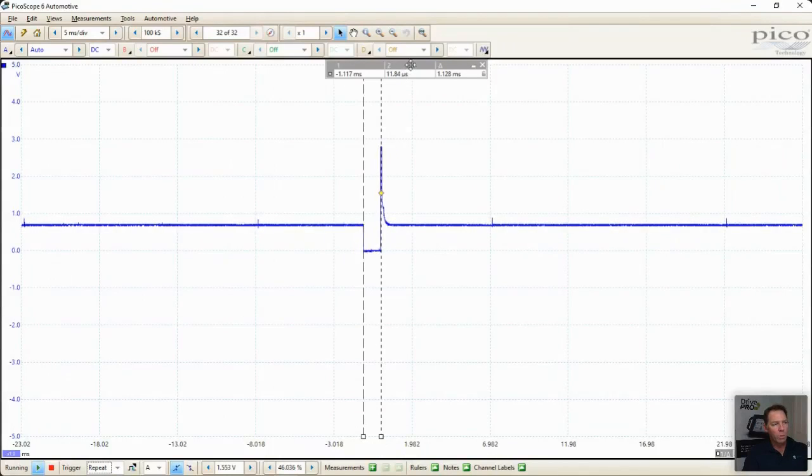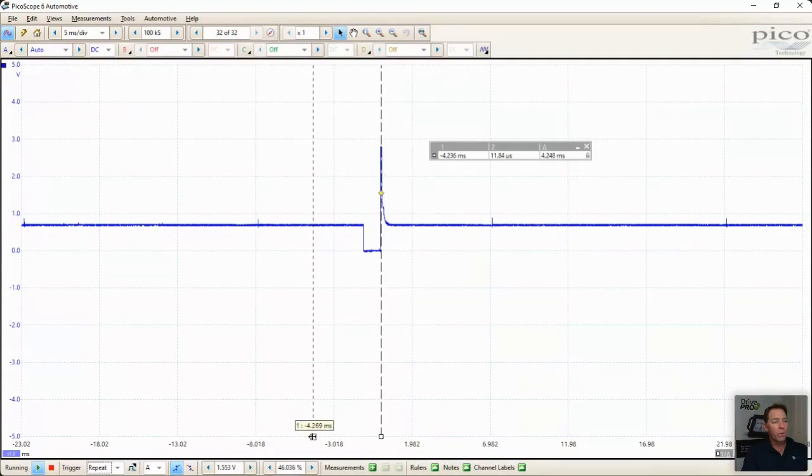But you can see when I grabbed my first ruler and dragged it over, the measurement box popped open. Now the measurement box gives me a few different values in here. Now measurement 1 is ruler 1. And that's the first one. You can see as I drag measurement 1, it actually gives me, in milliseconds, the time from,